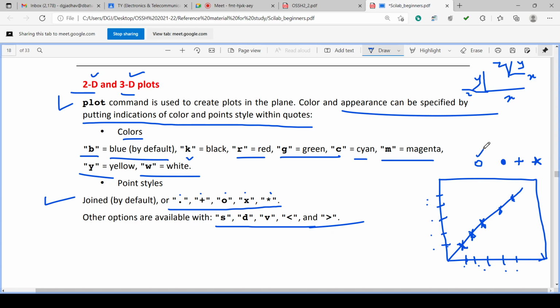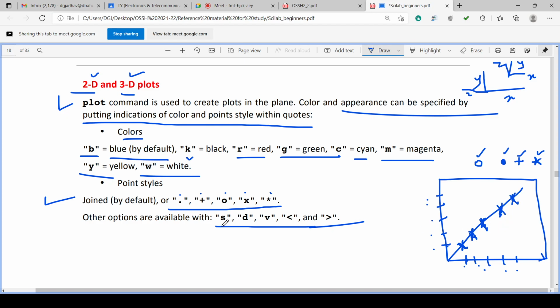So like this, hollow circle, filled circle, plus sign and asterisk sign. And these are shown as graph points. So here I am showing a cross graph point, isn't it? So now presently we are drawing a cross graph, isn't it?